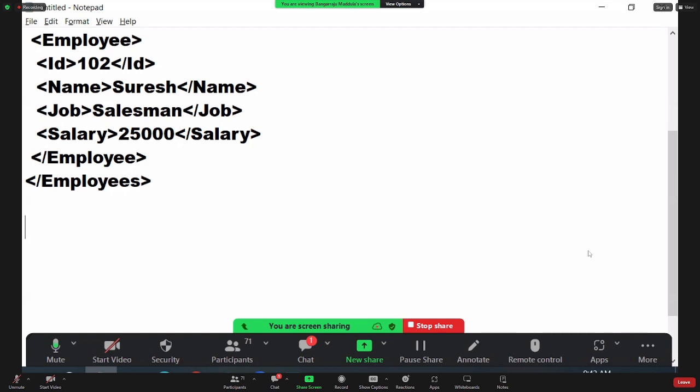Going forward, XML came somewhere around 2000. In the last 5-6 years, they replaced this XML with a new concept called JSON. What is that? Now the data will be in a JSON format like this. You'll have curly braces, and inside these curly braces the values will be present like this. How? ID